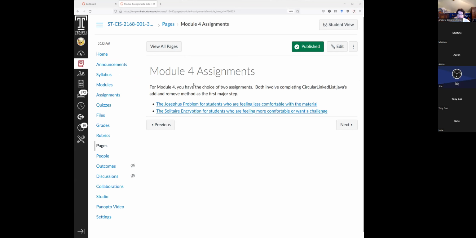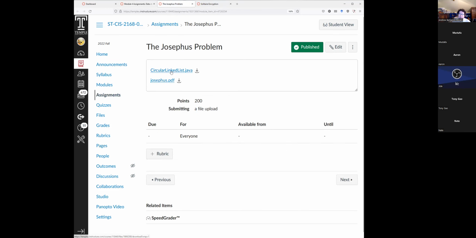All right, so I'm going to be talking about module 4. I still have to set the due date and stuff for it. So let's see. For module 4, you have 2 assignments that you can choose from. Now, as I explained last Thursday, both of them use the same core file, which is